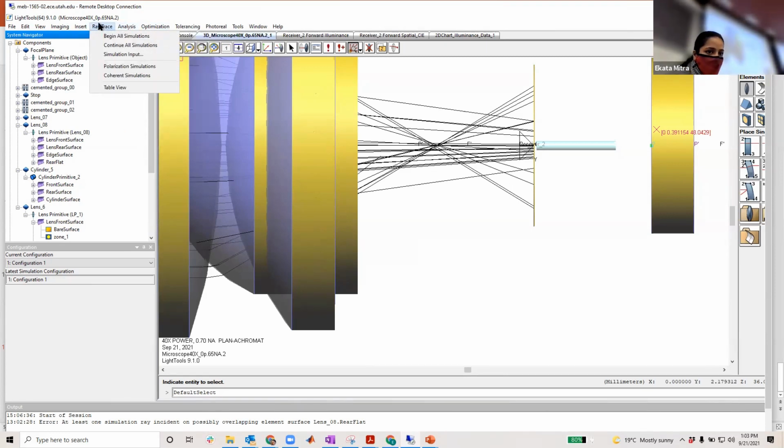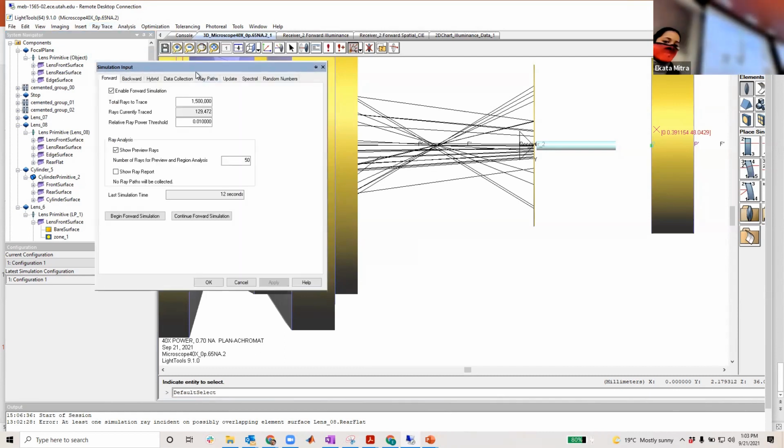I'm going to show you the simulation input. There is a catch: whenever you're importing new things from the examples or the lenses that are available in the market, you're going to have it. And before you start your simulation, you need to know a few things.